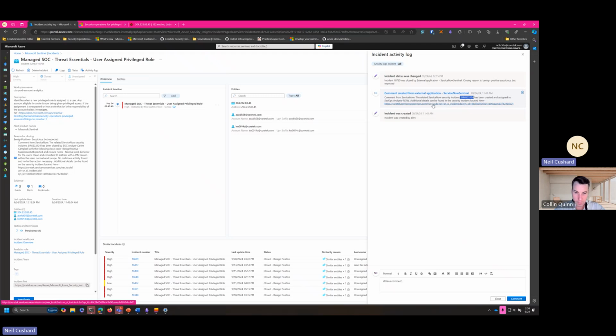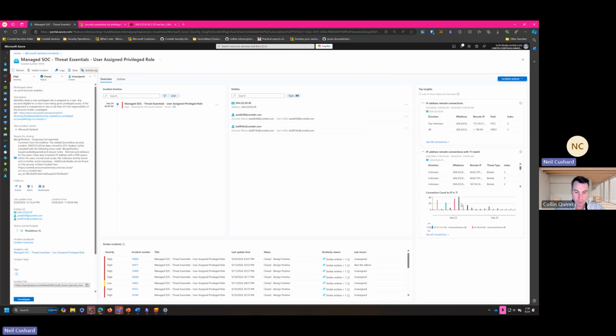So anybody, our clients, my analysts, can quickly pivot into that ticket in the platform where we're managing all of our, Grand Central Station of the IT automation there. We can see where Sentinel did change the status, and this was closed as a benign positive with the reasoning from the analyst in there. So it told me everything I needed to know about how this alert got handled, and I didn't have to leave this